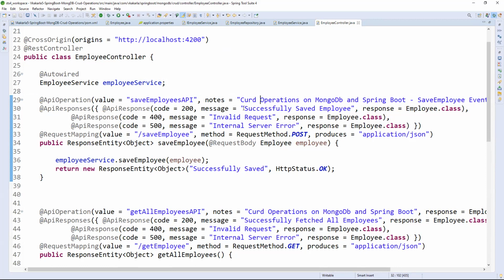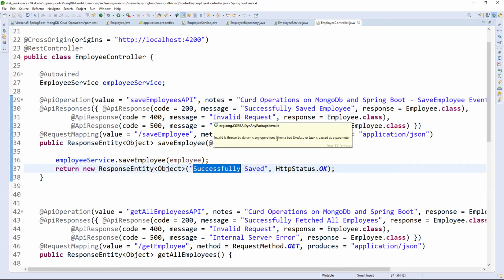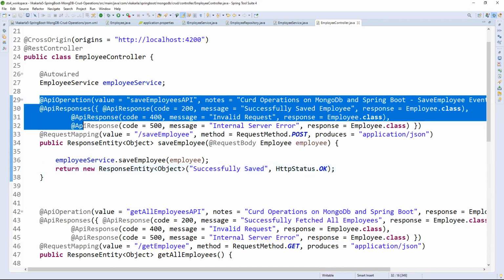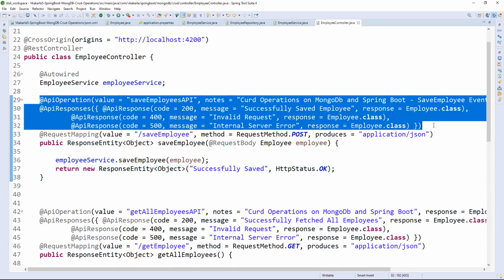If it is a 200, employee saved successfully, like that. Here also we wrote this. This is related to documentation purposes. Is it related to Swagger or MongoDB? No, this is related to Swagger. We are just providing documentation for our APIs.